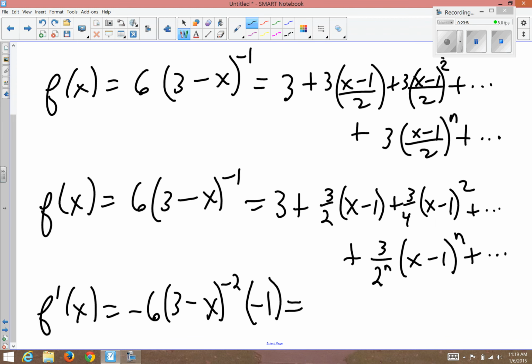And the derivative of the other side is 0 plus 3 halves, plus the derivative of 3 halves times (x minus 1) is just 3 halves. The derivative of 3 is 0. The derivative of this term would be 2 times 3/4, which is 6/4, which is 3 halves, times (x minus 1) to the first power, plus dot dot dot,